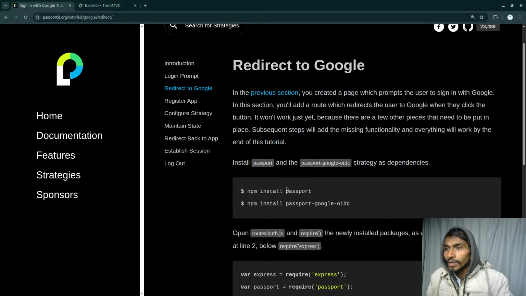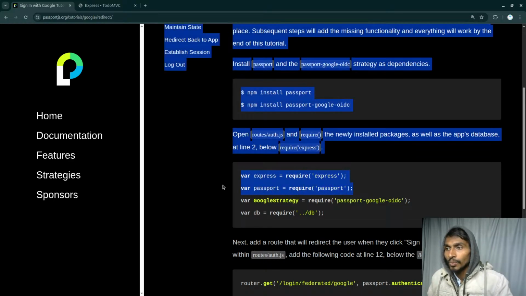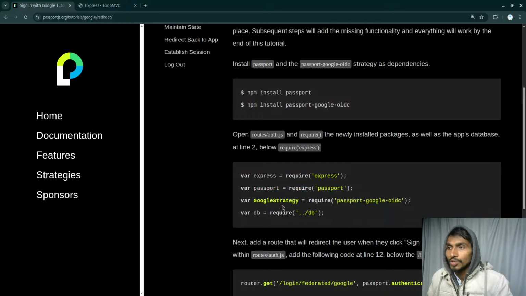First of all you need to install passport, and you need to install passport-google-oidc. All these things I'm getting from the documentation, so you just have to go through it. They have mentioned it well enough here. I thought they hadn't mentioned it properly, but I didn't know that yet. Then what is the next thing? You are simply importing passport first of all, and then importing the Google strategy. For locally using email and password, you need a local strategy. For using Google authentication, you need the Google strategy.